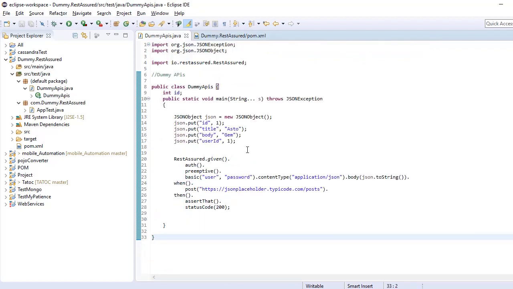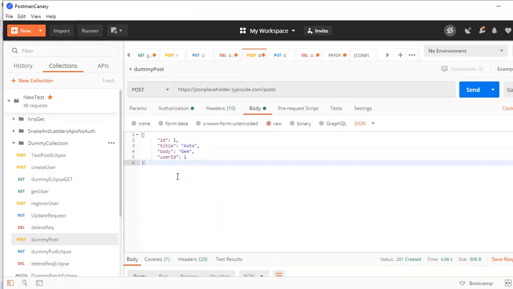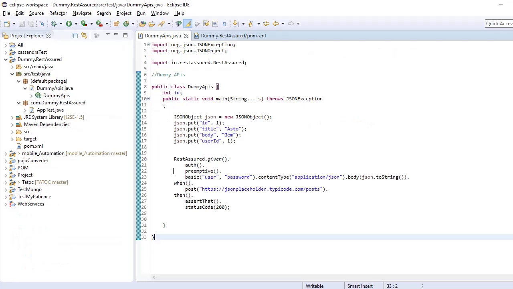And in this code I'm automating using a JSON payload. So I put all the values in the JSON payload, just like this request body.